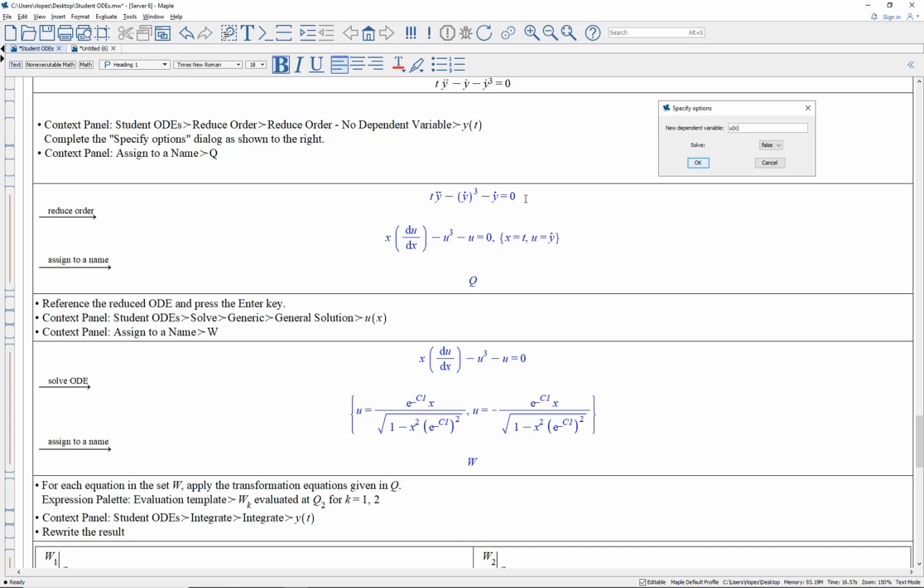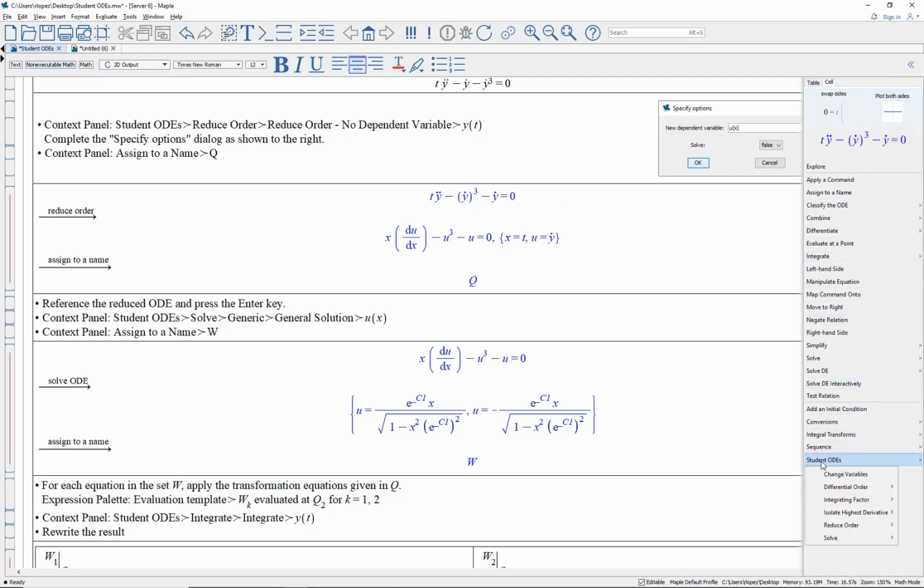So what you do is you write the differential equation and you invoke this reduce order, and Maple says, oh, this is the case that has no dependent variable. Very good. And so the pop-up here requires that you put in the name of the new dependent variable. And keep an eye on this. Don't solve the equation. Just return this reduced equation and also these transformation equations that get you from here to